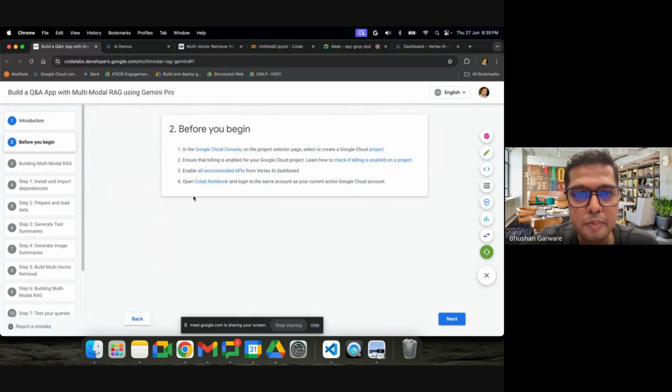Okay, before you begin, I think Abhirami has explained this to you. Go to Google Console. Make sure that you select your project. Make sure billing is enabled. Make sure all recommended APIs are enabled. And now you can open Colab, or if you are familiar, you can also run this notebook from your Vertex